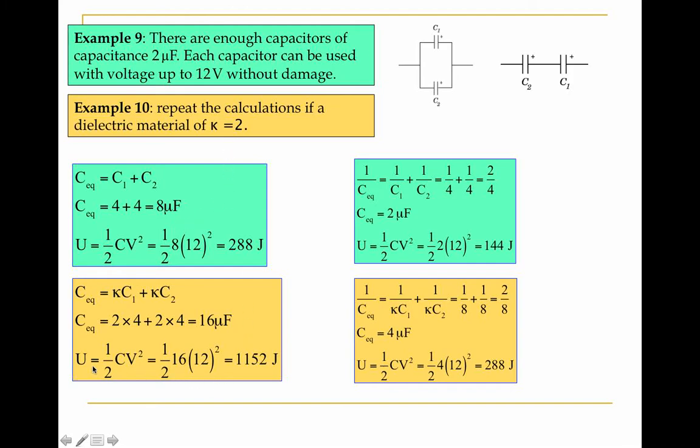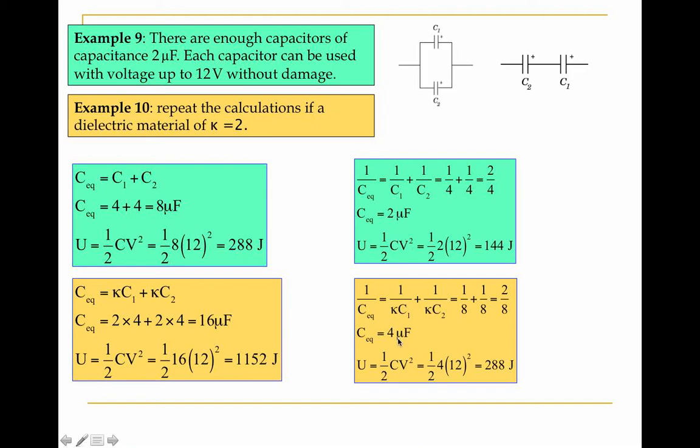And what happens to the energy? The energy now is increased. Remember, I have a V, and now it's 16, here is 18. So the energy increased from 288 to 1152 joules. Again, the same thing if I have, remember, this is in series, so the capacitance is increased